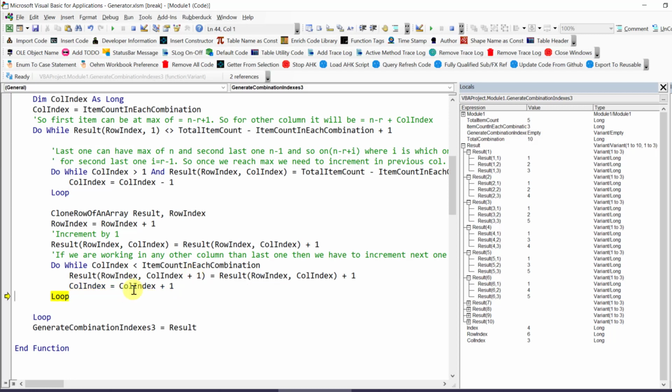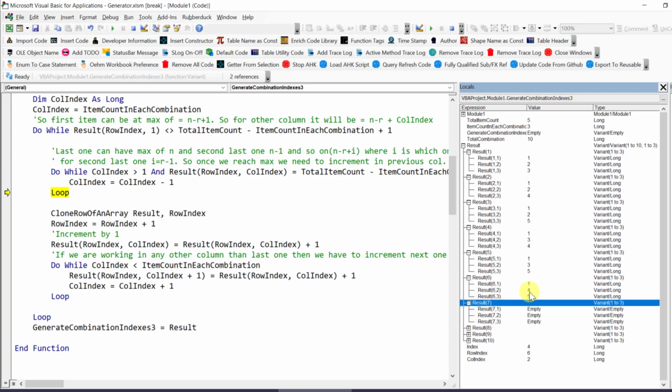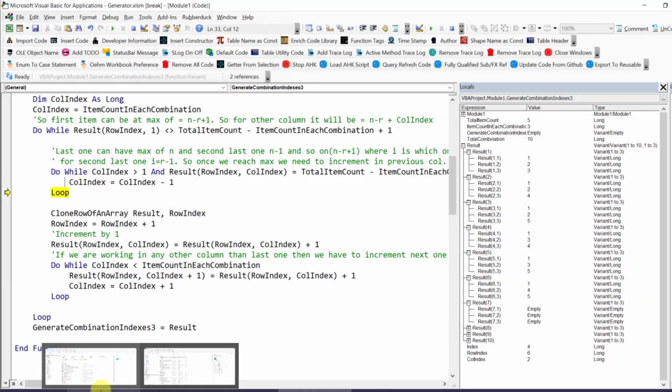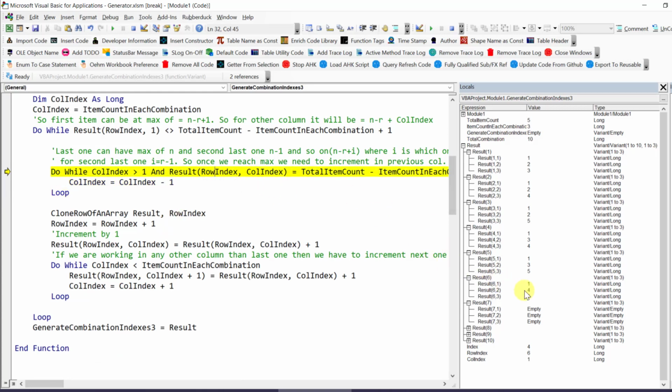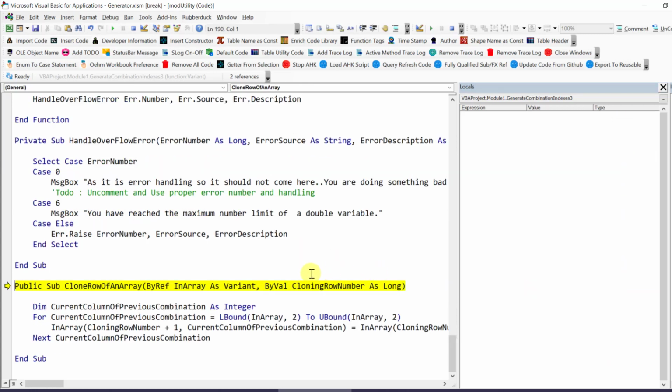So we get this in the last column again. So we are at our maximum capacity in the last column index here again, right? So we need to go back one time, and then we are checking, okay, if we are at our maximum capacity in the second column index, yes, that's true, because the maximum this second column can have is 4, for this particular example. So we need to go back one more column again. We are checking again if we are at maximum capacity in the first column, so that's column index 1. No, we are not at the maximum capacity because it could have a maximum of 3. So what we need to do,